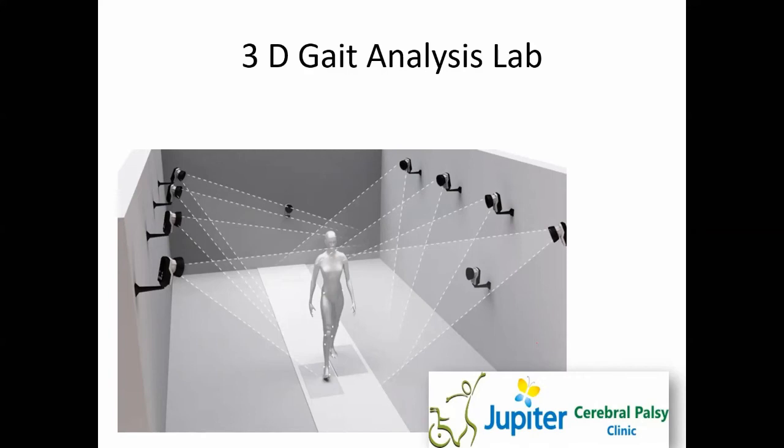So pick up any child who's a walking child with CP, take a video. You don't need a 3D gait analysis always. If you have access to it, it is good. There are some cases who definitely need it, but the first step is to learn to do a good observational gait analysis. And what I want to do is go through details of observational gait analysis with mobile phones, which everyone has. And the way to start will be with videos which are sent by the audience.